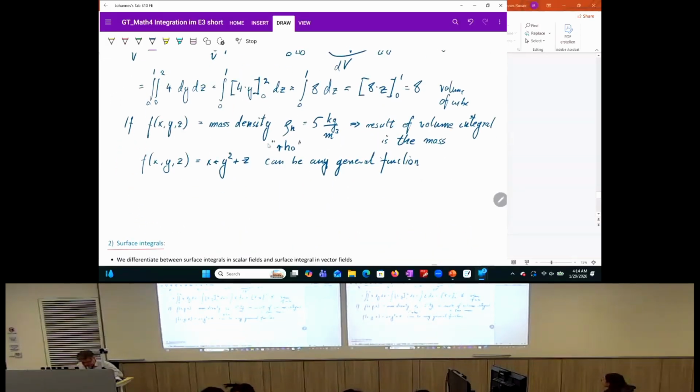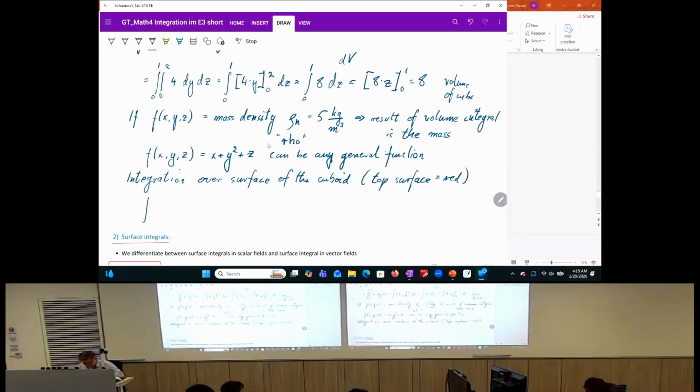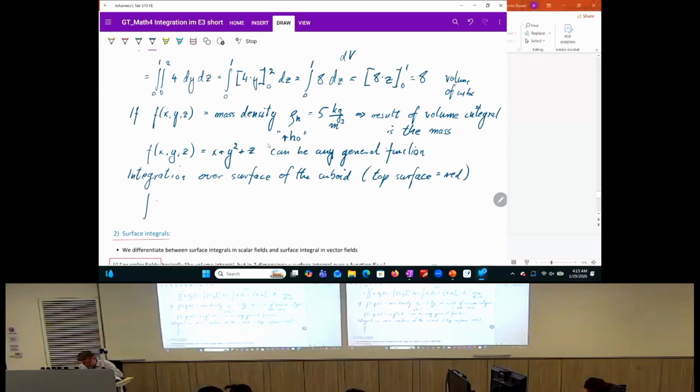Then we do an integration over the surface, and the top surface here is colored in red. Then we take the integral over f of x, y, and z, and we only take the